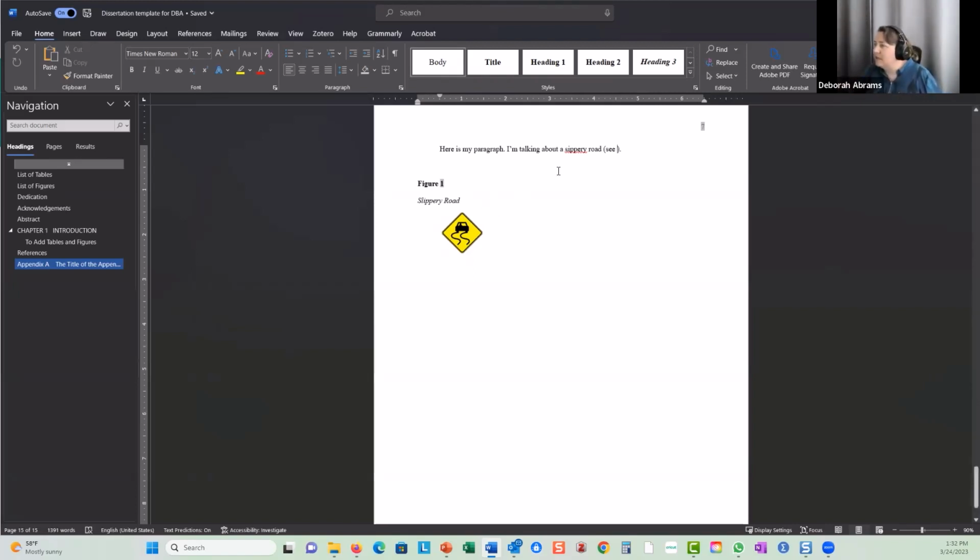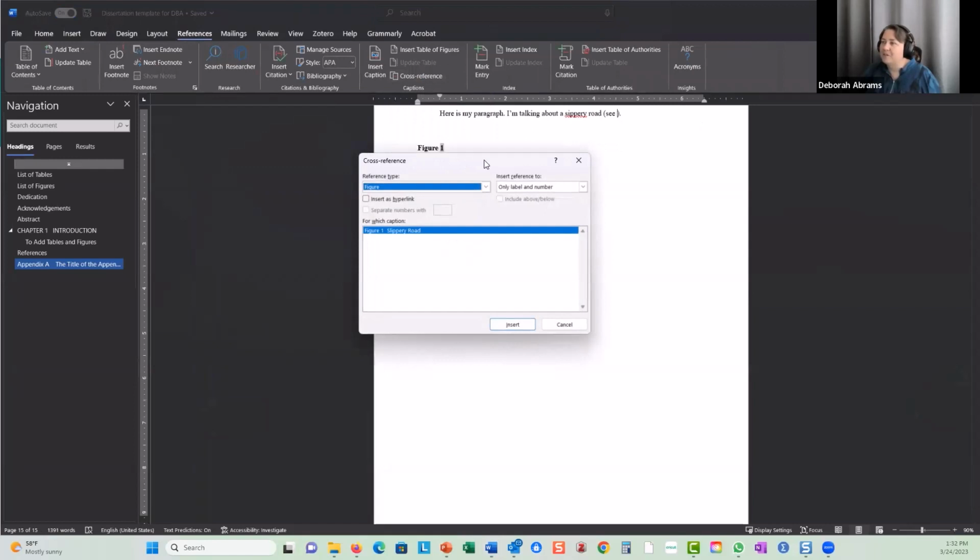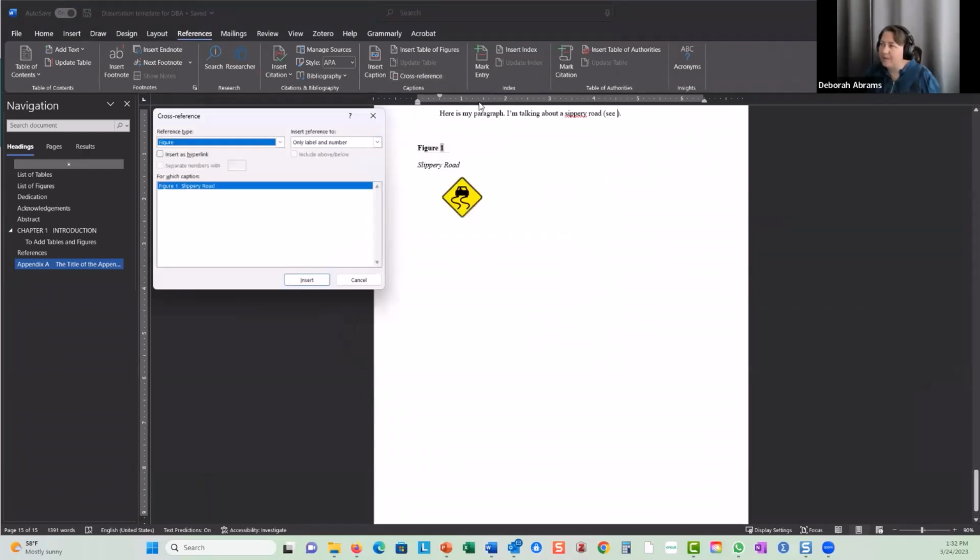And we'll go ahead and see that. So right now I've just typed C, come up to the References tab, and this right here, cross-reference, we're going to click on that. That brings up this cross-reference window. I'm going to move it over to the side so that you can see what's happening behind,